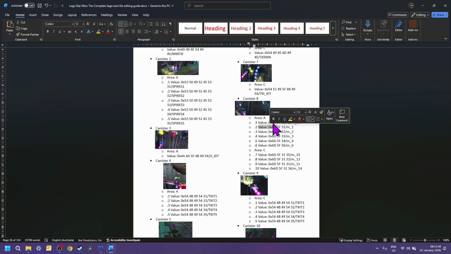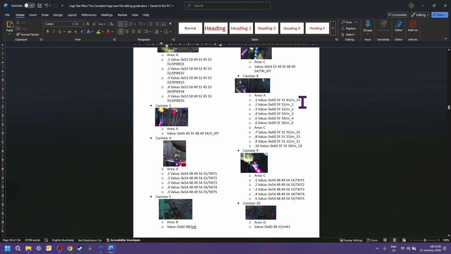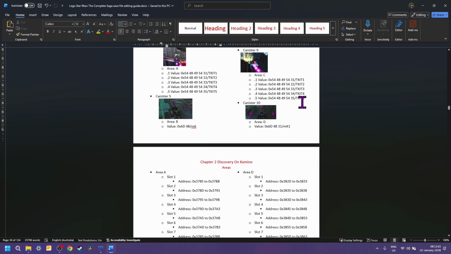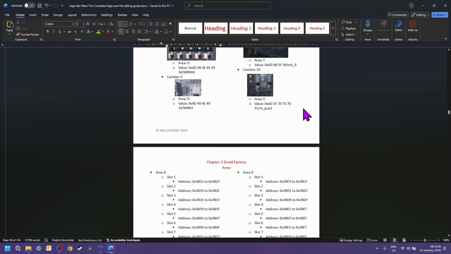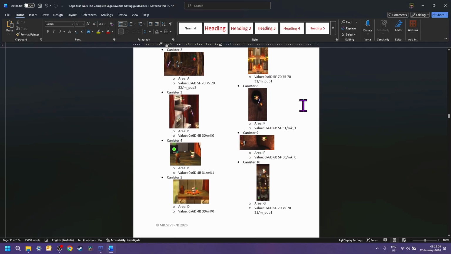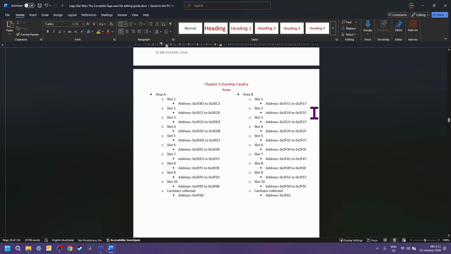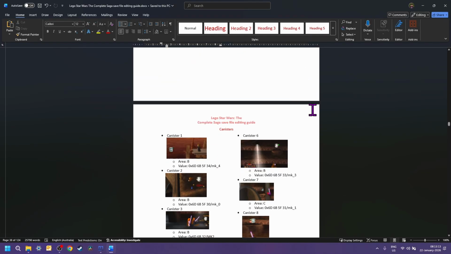So that's what it would be: if you last shoot down that, that's what the value of the canister will be in that area. And that's basically how it works for all the other collectibles. I'll give you a more visual demonstration when doing hex file editing.